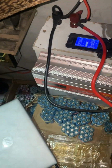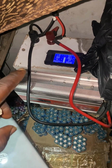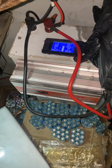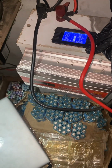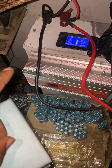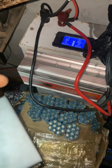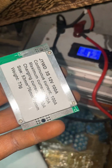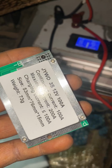But you can see just from the experiments I just made, I saw that it can't handle up to 700 watts. So definitely that was why his inverter trips off. So while I observed it today, I said, okay, let me just make this video so that we can all learn. So I advise, if you want something that can power that pumping machine, you should definitely go for, let's say, 150 amps